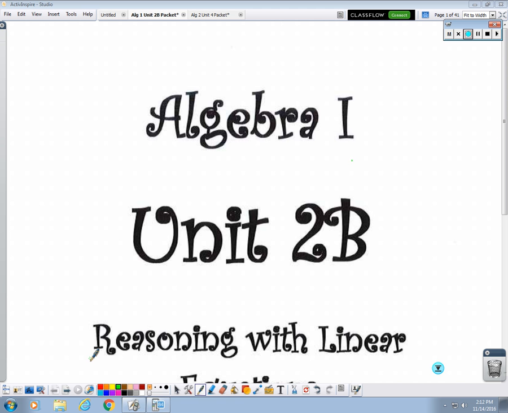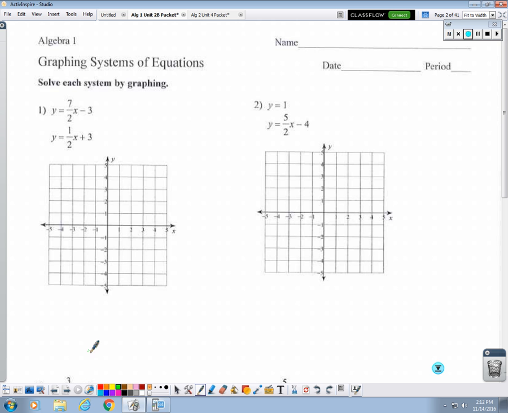Today we are starting Unit 2B. This unit will take us all the way to Christmas break, okay? And then when we get back from Christmas, we'll start Unit 2C. Unit 2 has been split into 3 different parts because it's so big. Okay, so let's begin. Today should not be a problem for you if you know how to graph a line,